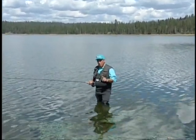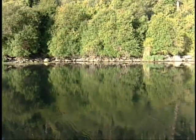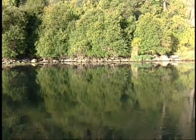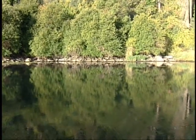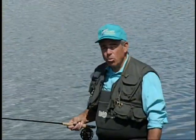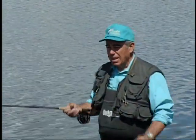Just remember, the most sensitive time in shallow water is early and late in the day, and especially early in the day, because that's where the big fish that you want to catch are gonna come into, because they'll use the cover of a lack of sun to come into these shallow areas. This time of the day it's a little more difficult unless we have some kind of ripple like we have here in the backdrop. But when you're fishing a lake from shore, the presentation aspect, let's take a look first